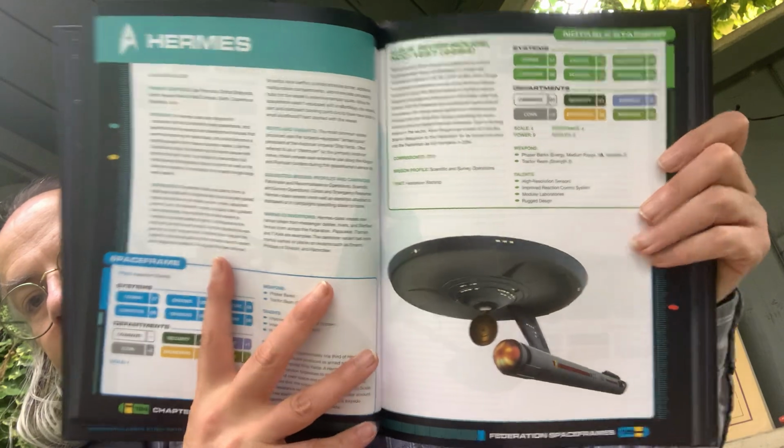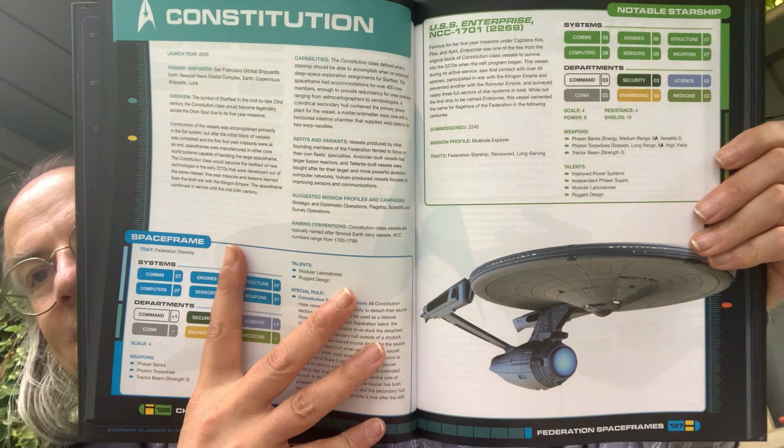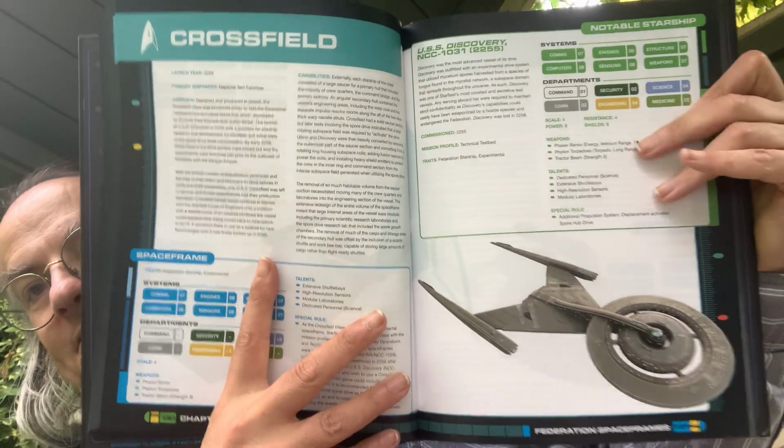Let's have a look. Hermes, yeah, that's the sort of style with the single nacelle engineer, basically warp nacelle there. Of course, we've got the famous Constitution class, and again the Enterprise. So lots of these, and then the Crossfield design. That's obviously the USS Discovery in the